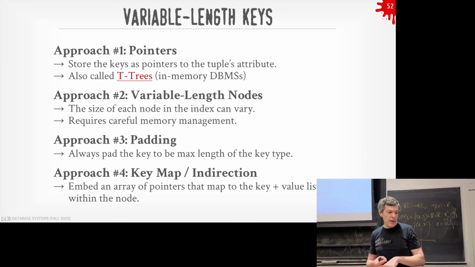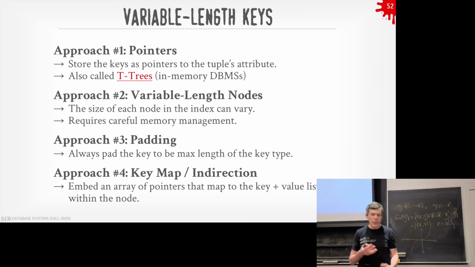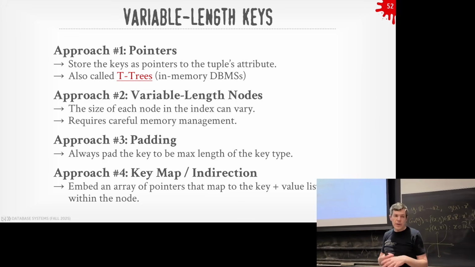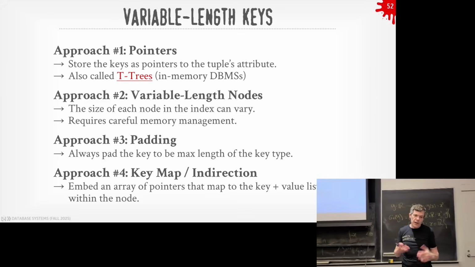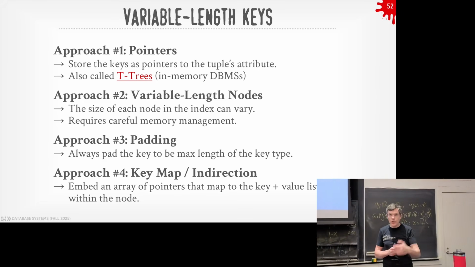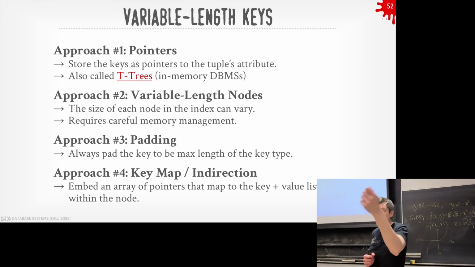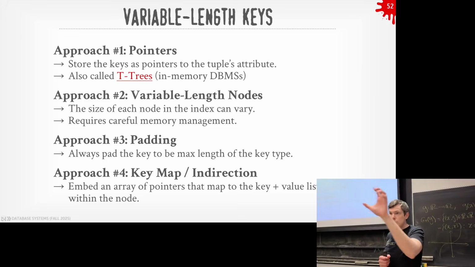It only shows up in academic systems because it requires more memory management, because now the frames in your buffer pool manager could be different sizes and you have to be able to handle that. You're basically re-implementing malloc in your database system, which may not be a good idea. A cheap out would be just padding, so you know the max size of any given key. Like it's going to be 32 characters, so whether it's 32 characters or something less, you just pad it out with a bunch of zeros at the end so that things always nicely fit.